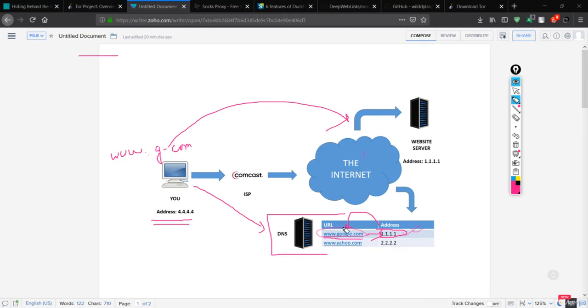So first of all, we have to convert google.com, which is the name given by humans, because remembering these numbers is very tedious for humans. So they have given names so that remembering the name is easier than remembering these IP addresses. Basically, the DNS server will convert our domain name to the IP address, and after that, the IP address is given back to the client, which gives it to the ISP, your internet service provider, and through the ISP they make a request to the internet to fetch the website of google.com, and this is the website server which has the address 111.